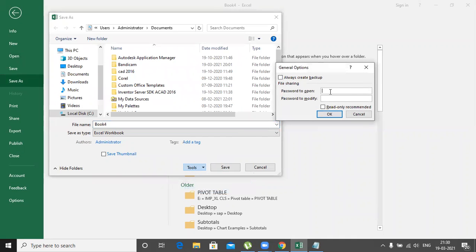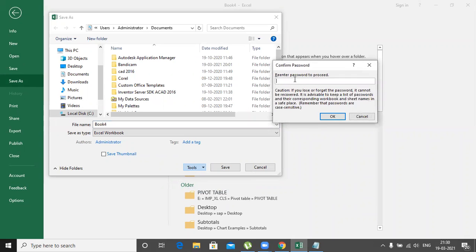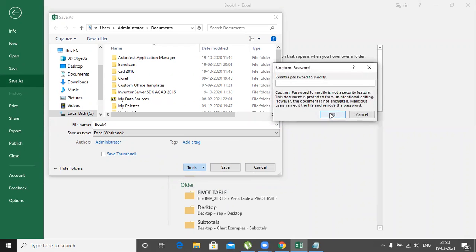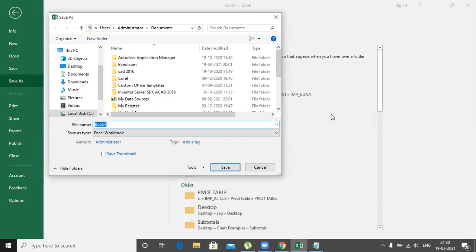In the option, general option is asking for open password. Give the allow to modify password. Then again re-enter the password to open, and again enter the password to modify, and you click OK. Now you click again OK. The book number 4.